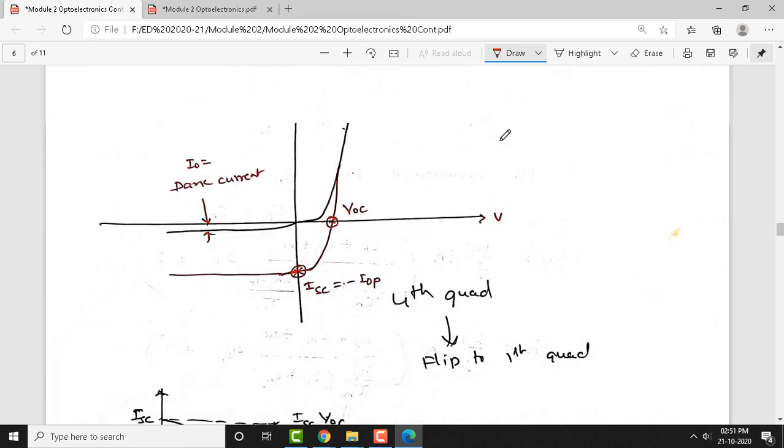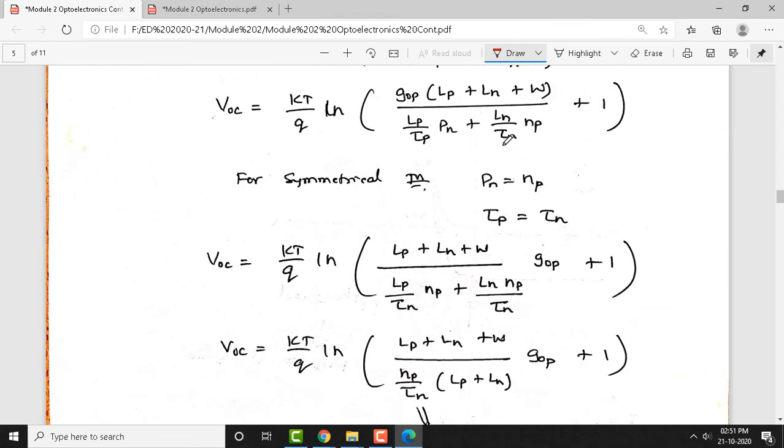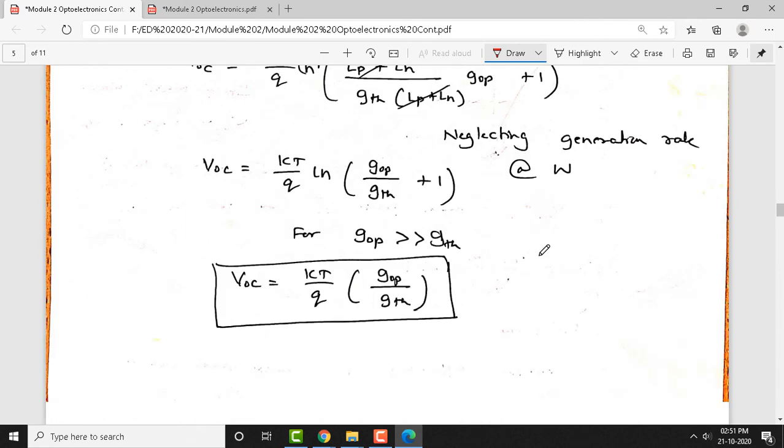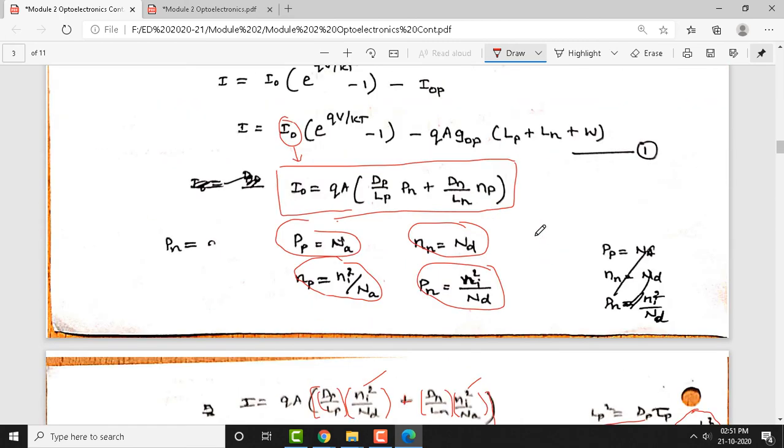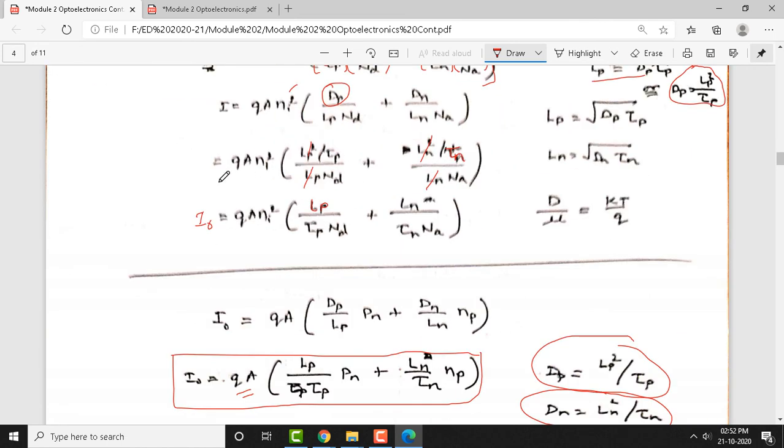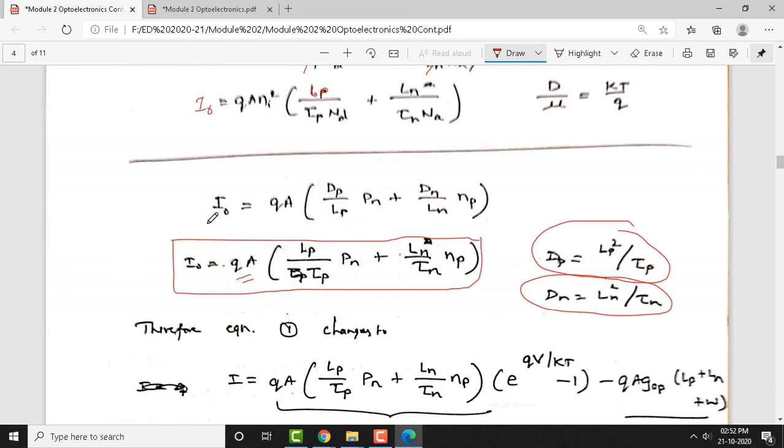And do you have any questions related to today's class? I hope most of the mathematical parts were covered here, but for the examination, derivation is not important, but you need to go through the final results here. For example, when we say optical current, you should be in a position to write this equation, equation 1, and these sub-terms also. Alternative versions of this you should be in a position to write. This is one version here, and other alternative versions we have shown here, and some manipulations also we have shown for this reverse saturation current. So try to understand all these equations.